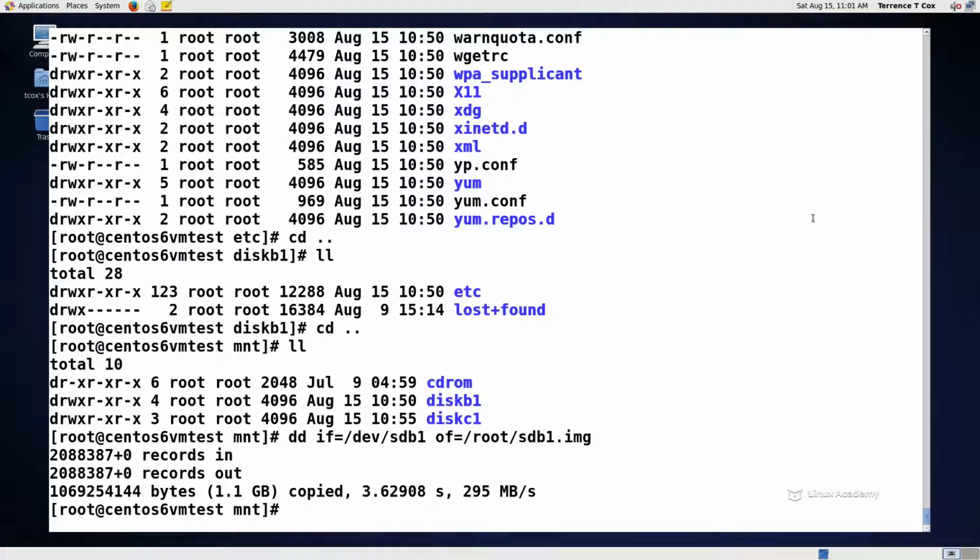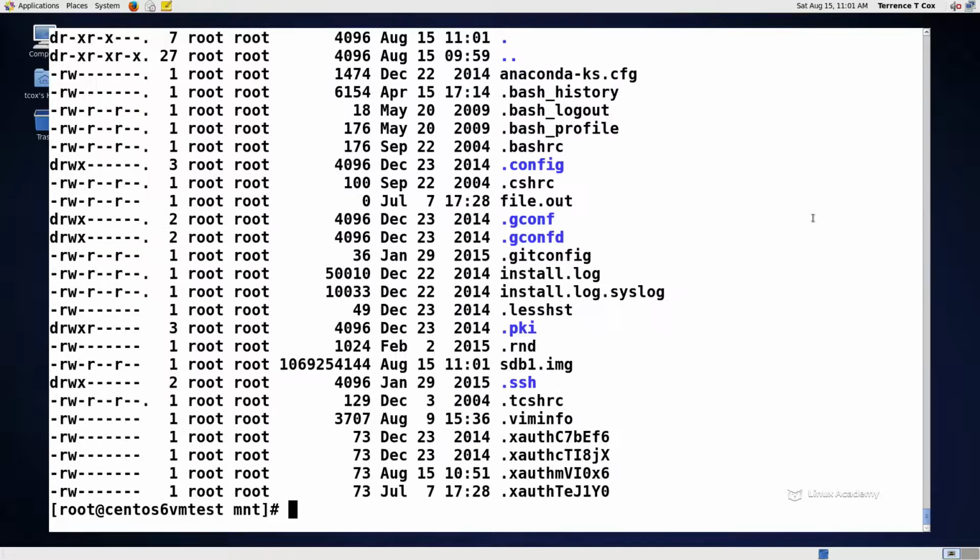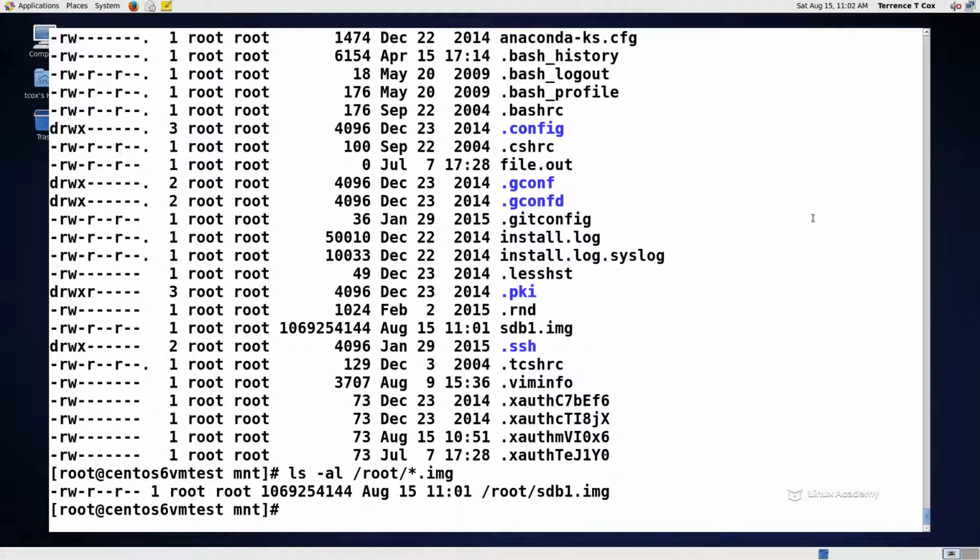So it tells us that it copied 1.1 GB worth of data. And now if I do an ls -al on the root directory, which is where I told it to write it, and let's do a *.img,